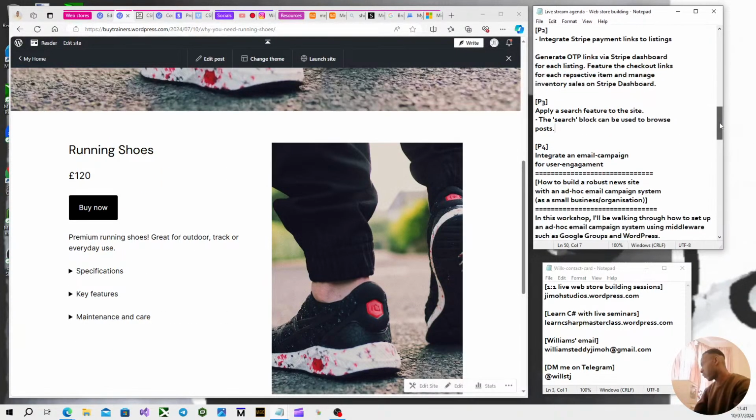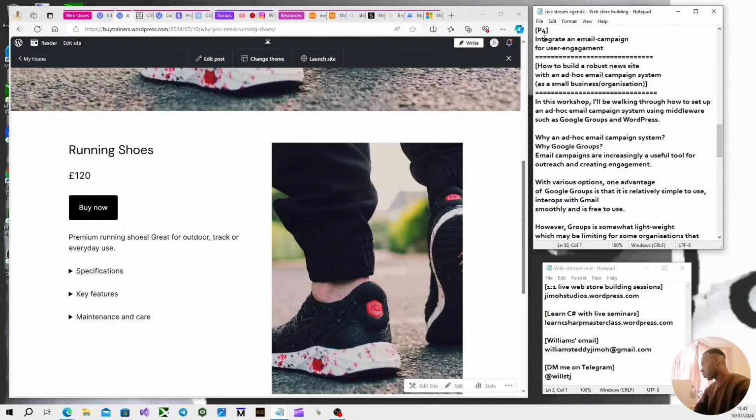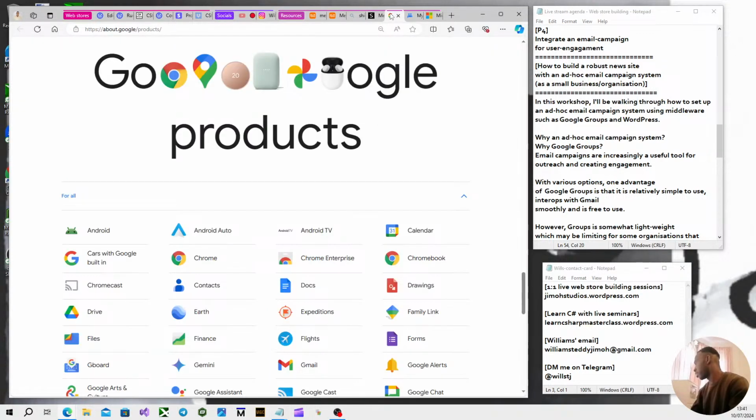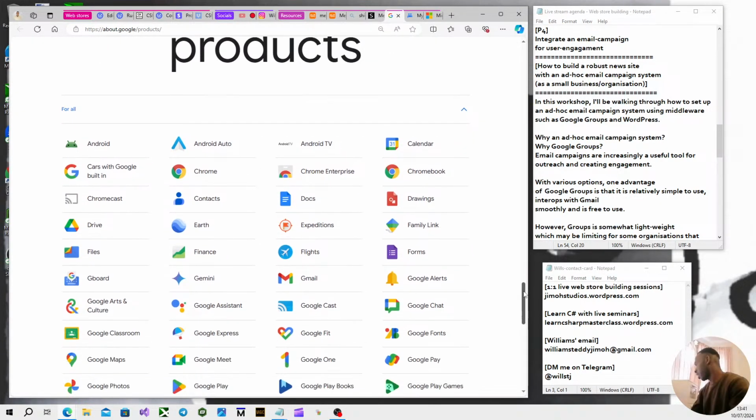Now we'll go into the final part, part 4, which is to integrate an email campaign for user engagement. It's probably going to be kind of unique for this workshop, but let's get started. So Google offers one of their products. I'm not affiliated with Google at all, I'm just using their stuff. It's called Google Groups, and you can use it to make lightweight